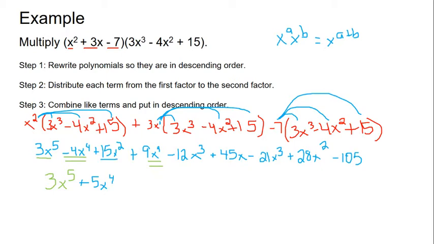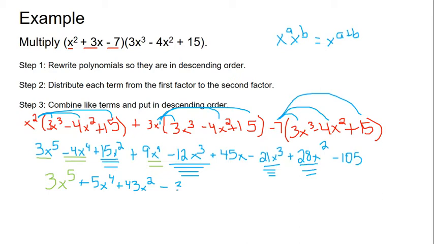Our next term here is 15x squared. Let's see if we have any more x squareds. We do. We got 28x squared, so 15 plus 28 gives us a 43x squared. And then we already did the 9x to the 4th, so now we're on to the x to the 3rd. And we got another x to the 3rd here. So negative 12 minus 21 gives us a negative 33x